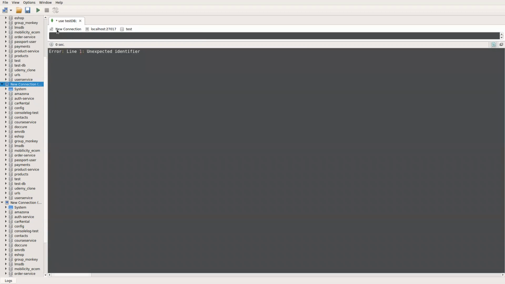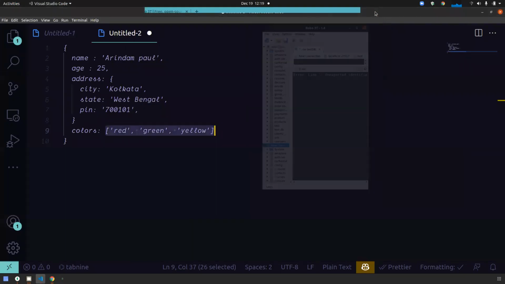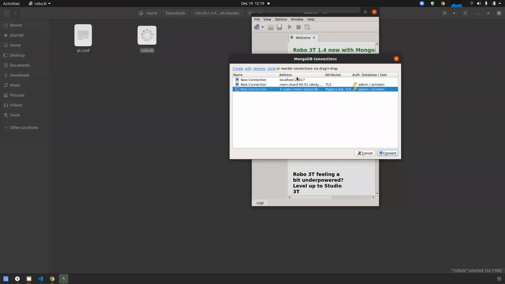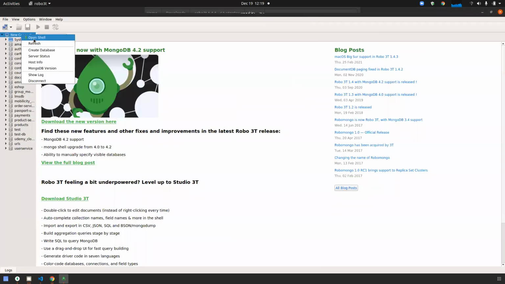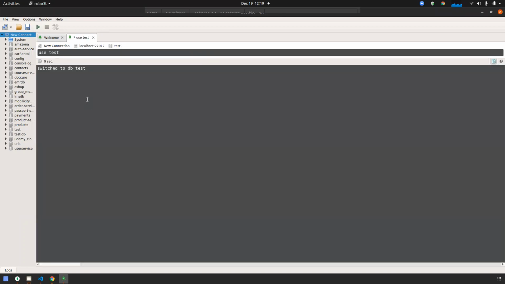Why is it green? First it will check whether the test database is there or not.